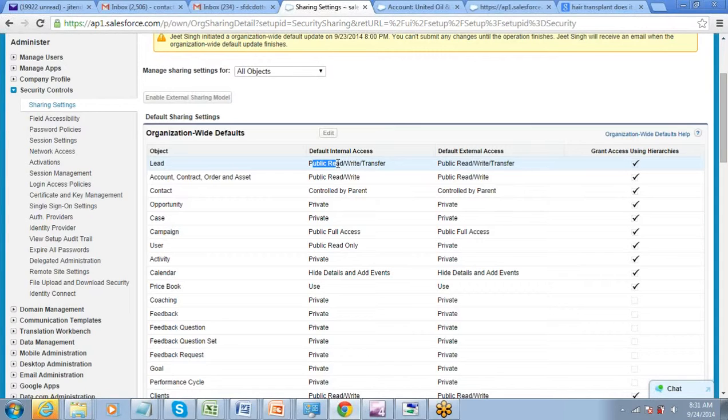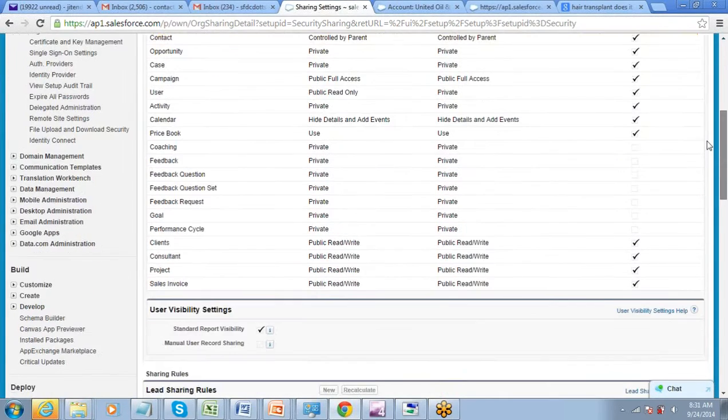He is going on leave for a week. He will not be there. Company wants Avinash to take care of his leads. The company wants Avinash to log in and see the leads and work on those. So what will we need to do as an administrator?